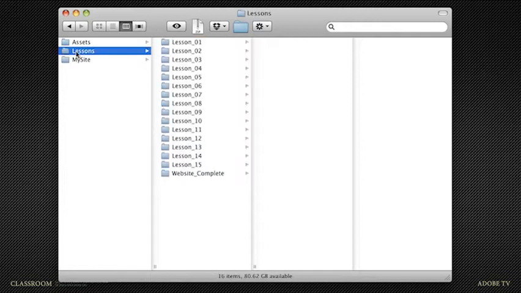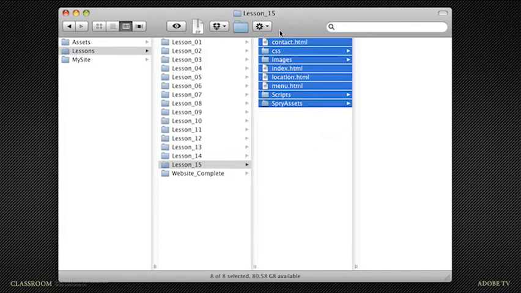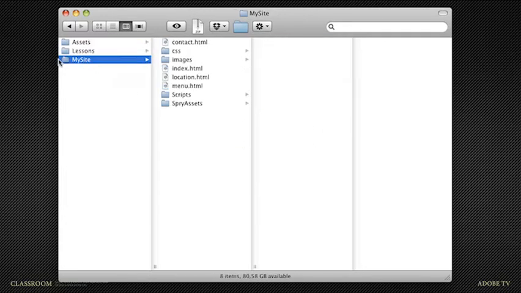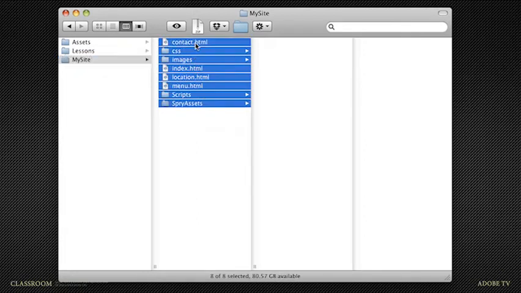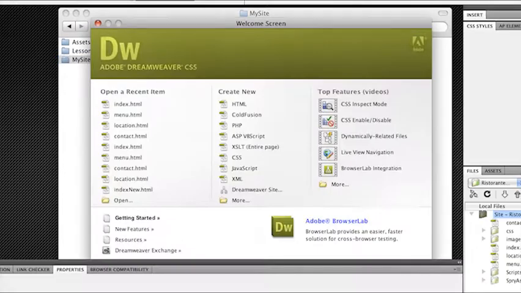If you haven't been, feel free to go to the Lessons folder, and we're in Lesson 15, so you could always take those files and copy them into the My Site folder. Again, these are all the files that I now want to upload. Alright, so I'm going to launch Dreamweaver,